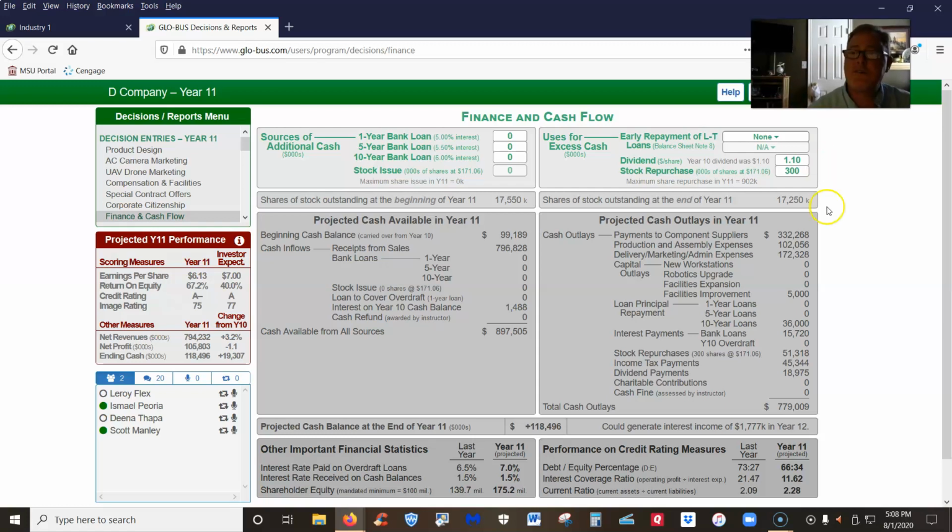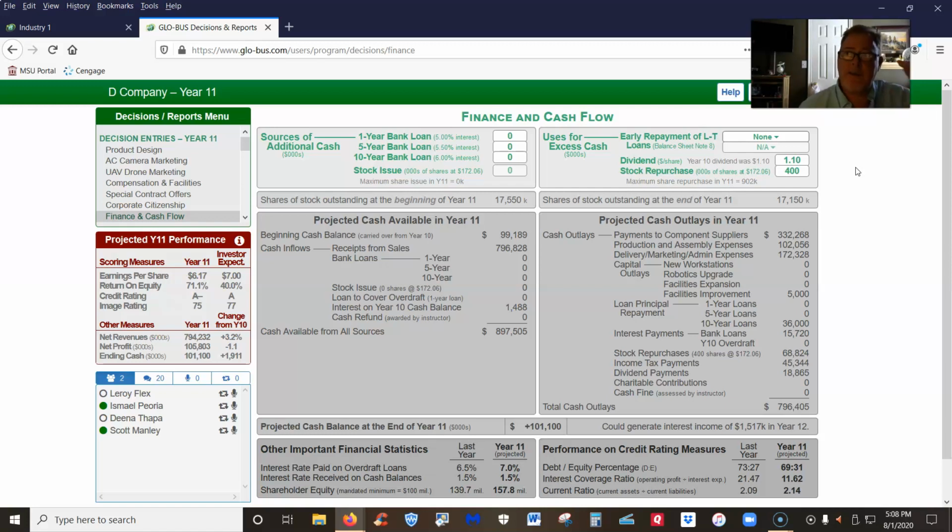So what you should notice is that every time you increase this number right here, okay, I haven't pressed enter yet, it decreases this number down here, shareholders' equity, okay? But that's kind of a given, right? You tell Globus how many shares you want to repurchase, and it calculates what the cost of that repurchase is, and that money comes out of equity. So honestly, the only piece of information that you're missing here is net income, okay?